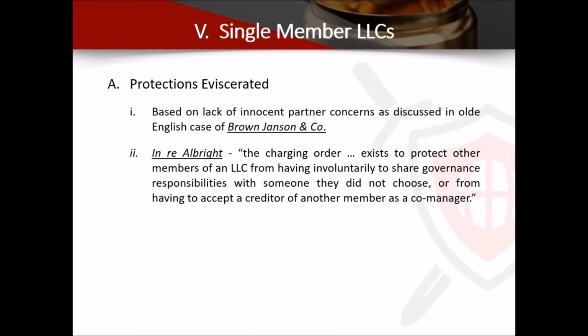So we had mentioned Albright. Now we're on a new topic, single member LLCs, and the charging order, which is the remedy against a defendant, a debtor who has an LLC. If someone has an LLC, it's not like corporate stock. With corporate stock, you can just take their stock. In an LLC, you can create a lien on their LLC interest, and any distributions that come out, you get as a creditor. Do they have to make distributions? Are you controlling decisions? No.